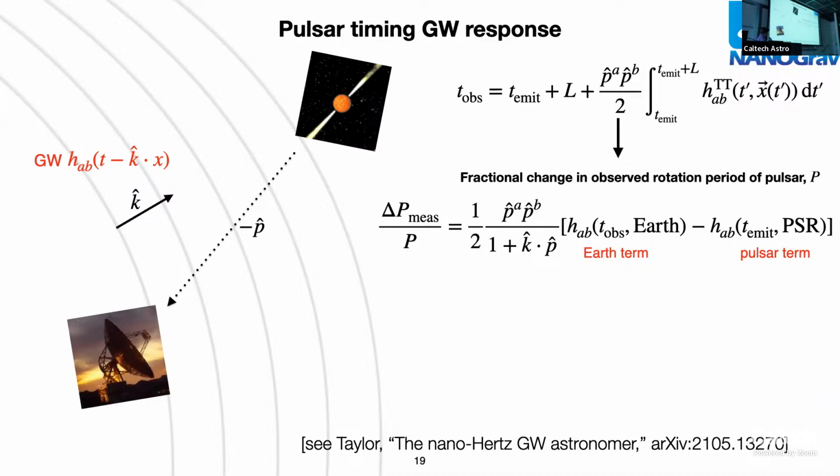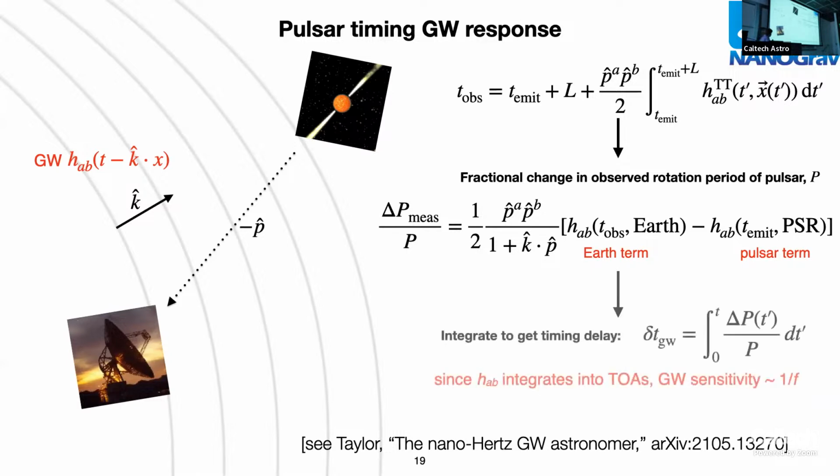And so in the end, what we find is that this fractional change in the rotation period that you might observe is really just related to what's going on near the Earth and what's going on near the pulsar. So these are what are often called the Earth term and the pulsar term. So you can integrate this fractional period to tell you what the actual delay is due to the gravitational wave field that this pulse